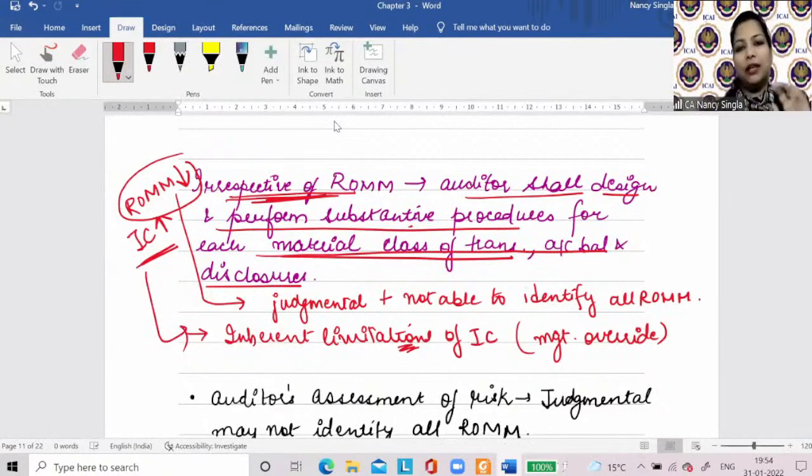कम चेकिंग से, if IC are good, the internal control is good, the auditor may just perform the analytical procedures, की ratio calculate कर लिया, थोड़ा बहुत sample basis पे check किया, that's all. ठीक है, but substantive procedures will be performed. There will be no case when substantive procedures are not performed. ठीक है, so